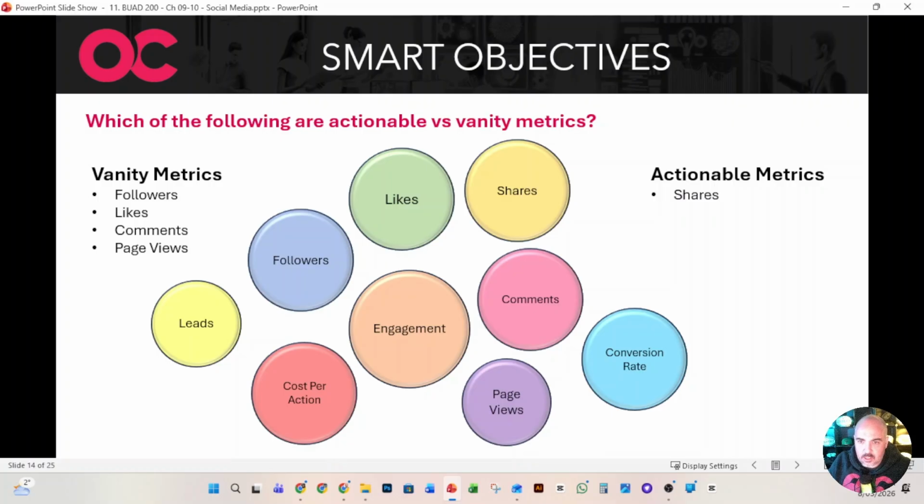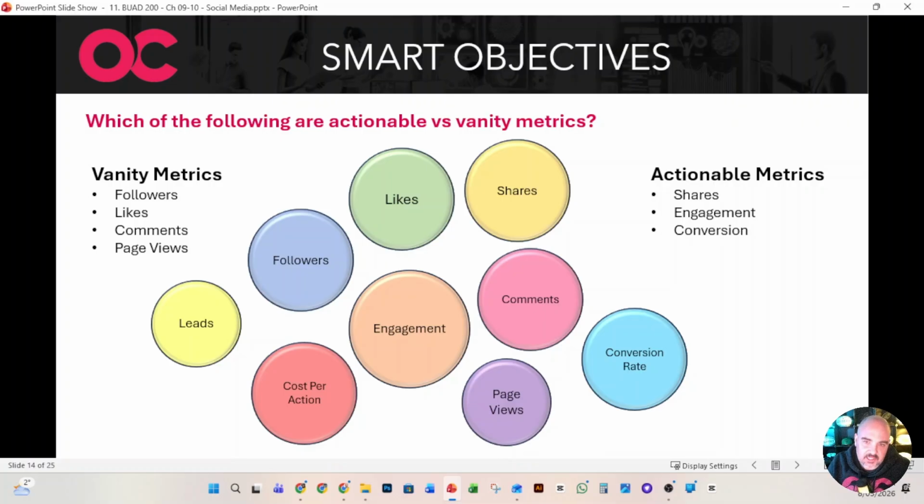So when we think about shares, we know this is giving us an insight into people's preference and what they actually like, so we can start promoting that more, right? So that gives us something that we can actually take action on. Engagement, again, guys, if people are actually engaging on our posts, that might be a cost per engagement, so it could be a CPE. But if we are getting them to take action, we know that we can get them to take action in the future.